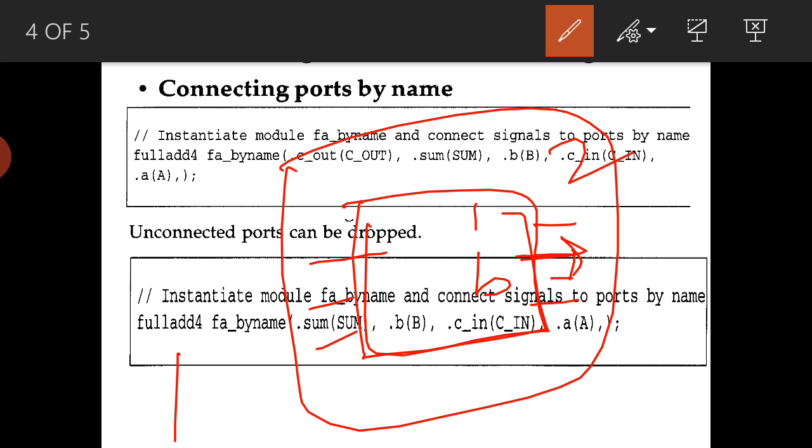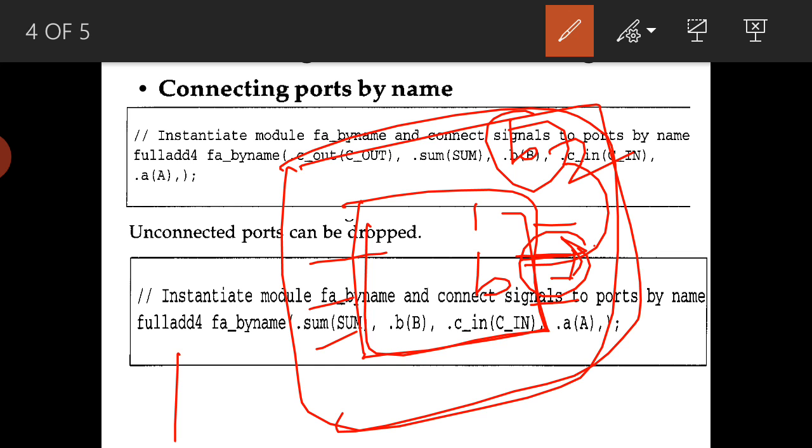In module 1 I need to observe the result, so I will use it. But in module 2 it isn't necessary, so I am not using b here. I don't want b in the top module, I don't want to see that. So it is only restricted to module 1.